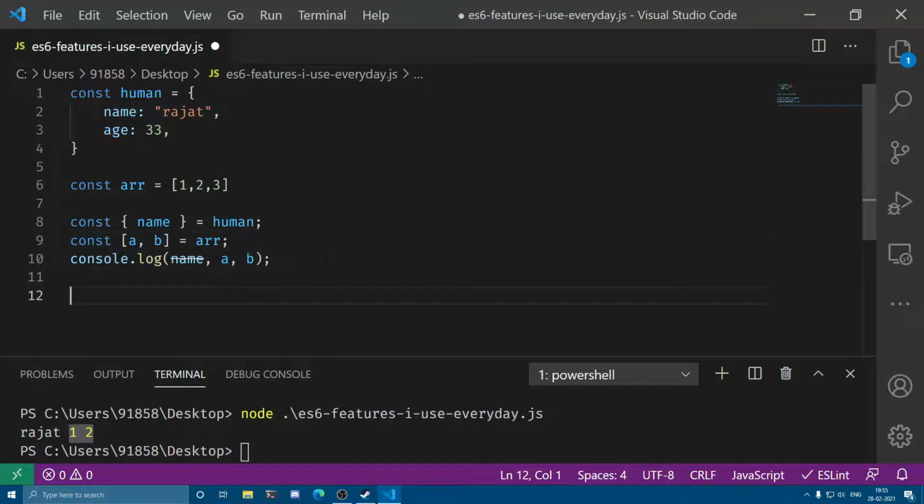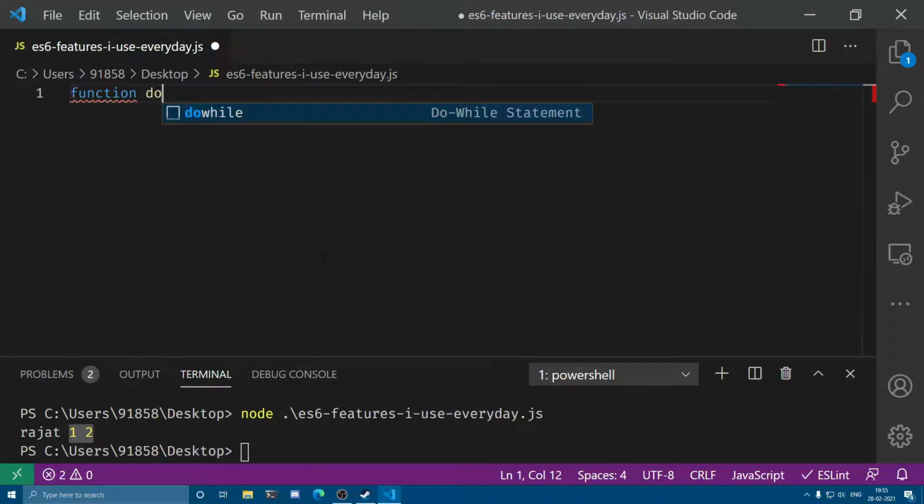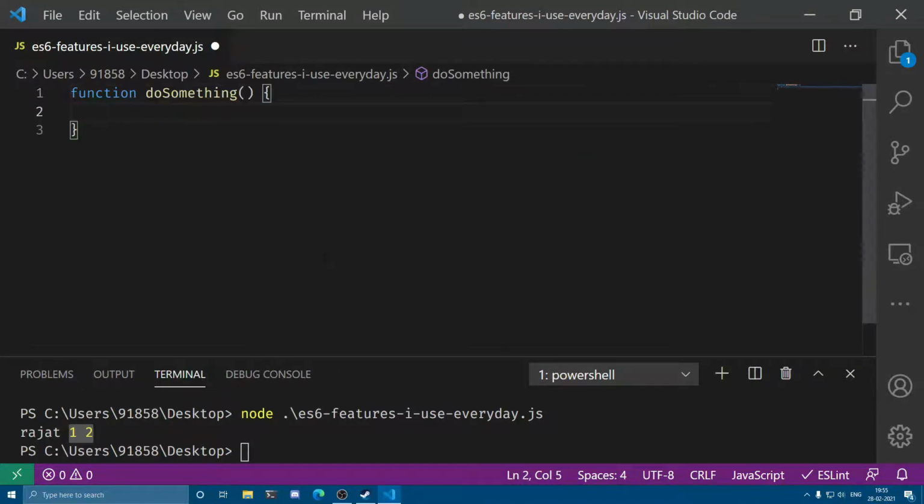And destructuring also works for functions. So let's suppose I have a function that does something. I want this function to accept an object, and from that object I just want to extract a few values I am interested in. So traditionally using ES5 I would have done this. Let's suppose I took in the object, let's call it obj, and from obj I just want to use obj.name, right? So this would be the traditional approach if I want to use the name property of the input parameter.